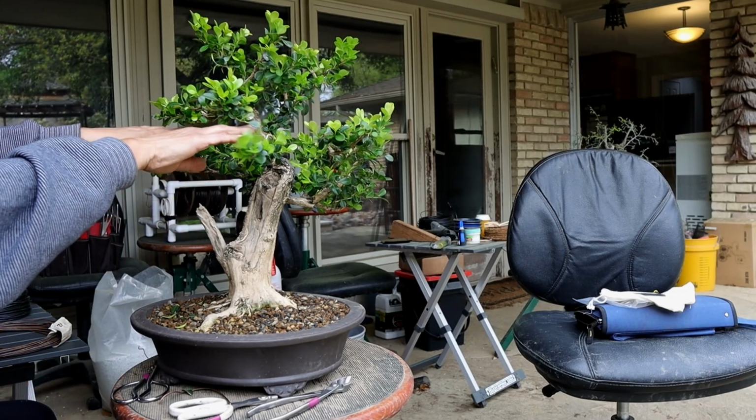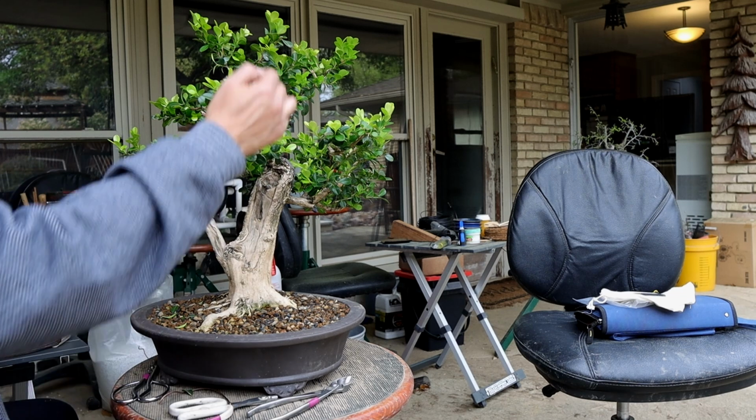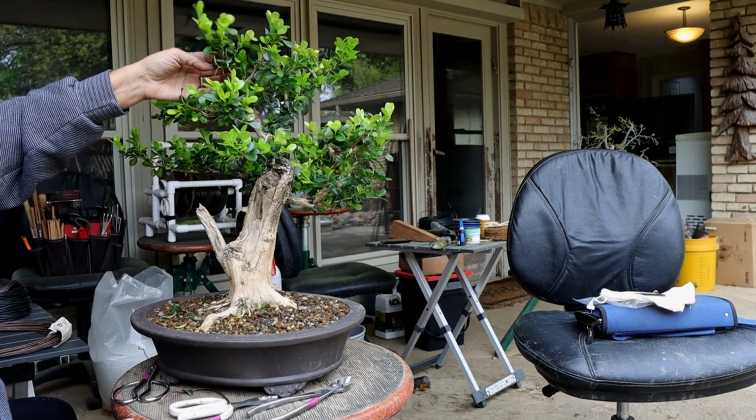You're cleaning it off, and you're making kind of those little clean pads so that you can see the pads as you move up the tree. Okay, so I'm going to put a little wire here. This is